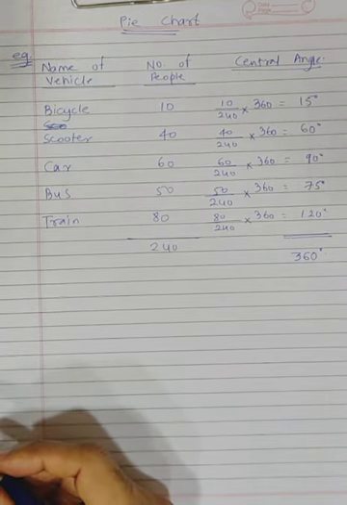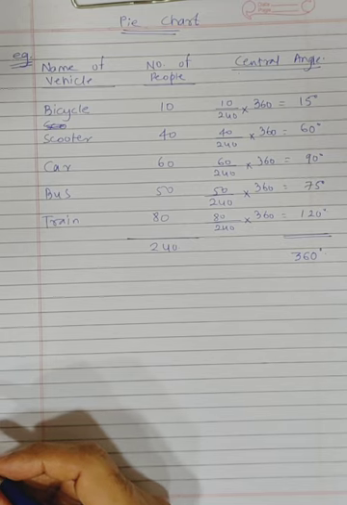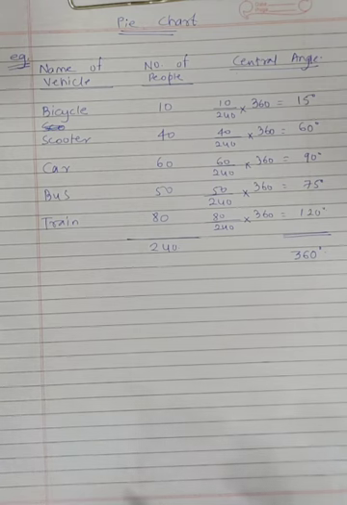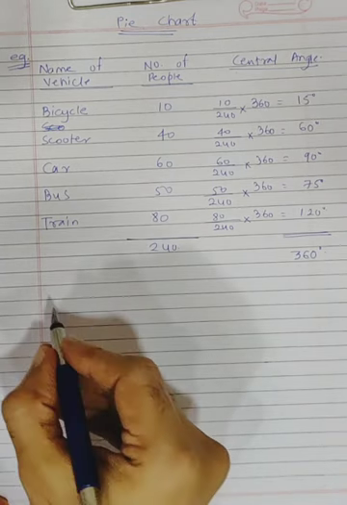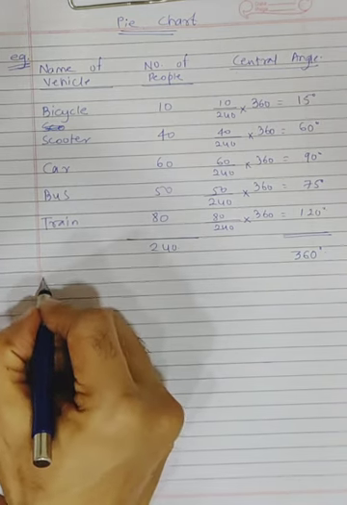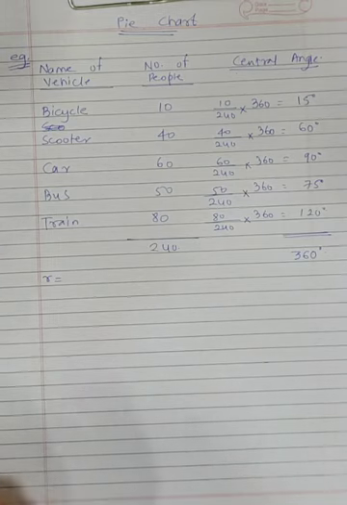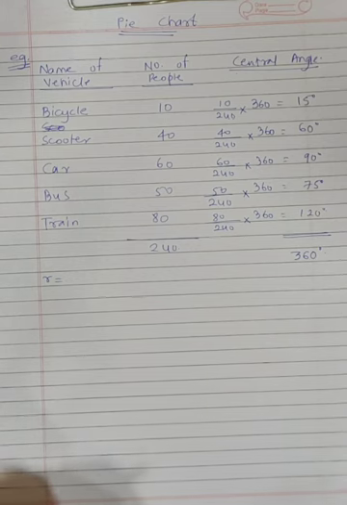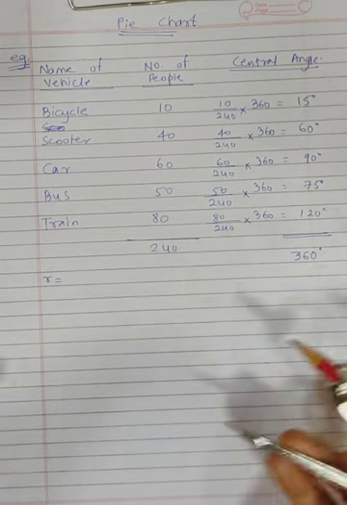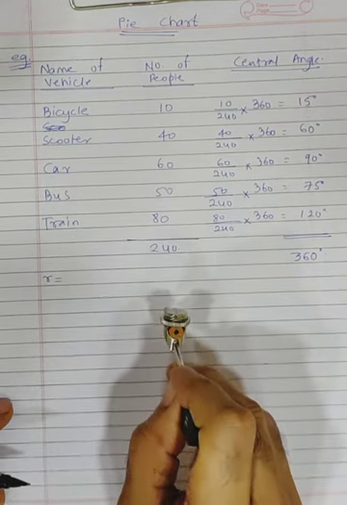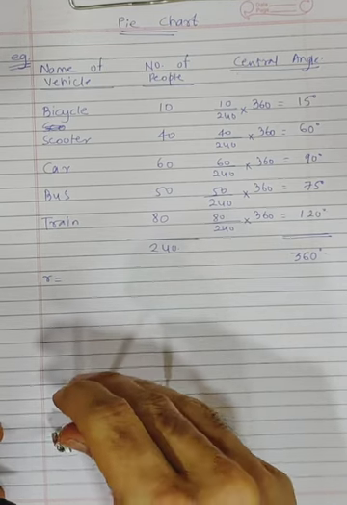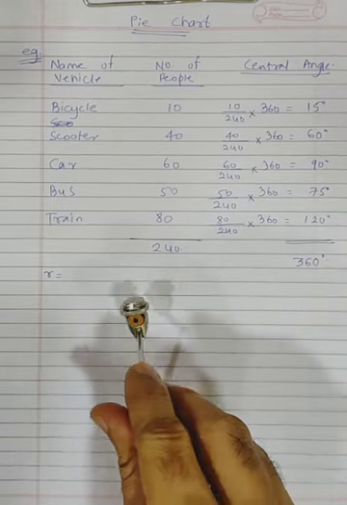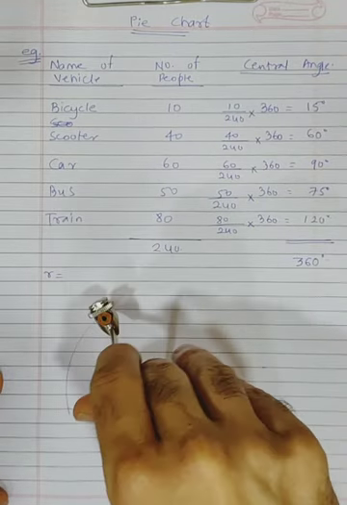Okay, guys. Now next thing. Now how to draw the pie chart. So to draw a pie chart, first you have to draw a circle of any radius, any convenient radius. You can take, I think, 4 centimeter or something. That should be good enough. Or take 5 or something. I'm taking just randomly any radius. So there is no fixed rule for what radius you need to take. You can just draw a circle of any radius.